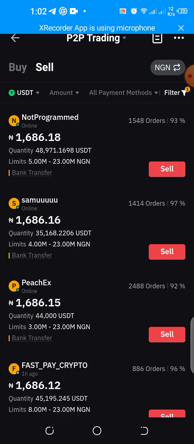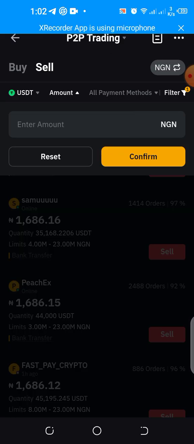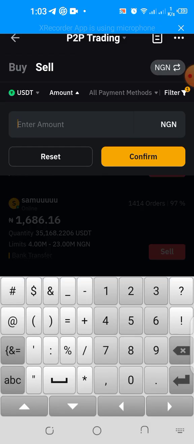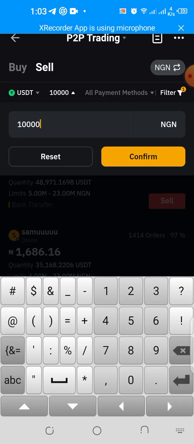So you simply know that if you have, like, say 10 USDT, if you say 1,600 times 10, you're going to be expecting around 16,000. So you can now do 10,000 to be your lowest minimum on the search range. So you put in 10,000 here to search, so meaning you're looking for merchants who are willing to buy for people selling 10,000 within the range of 10,000 and above. So you click on search here,